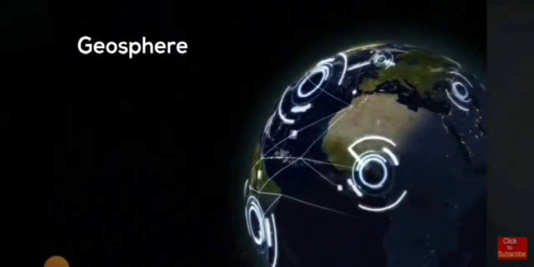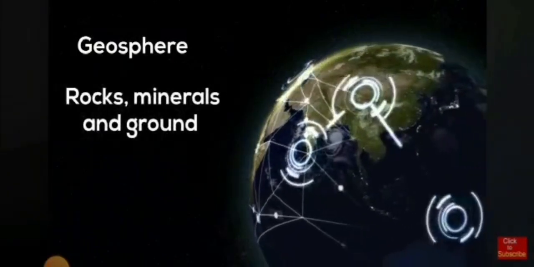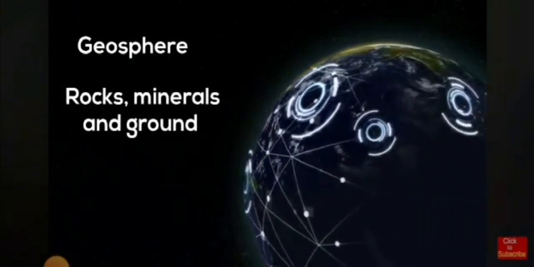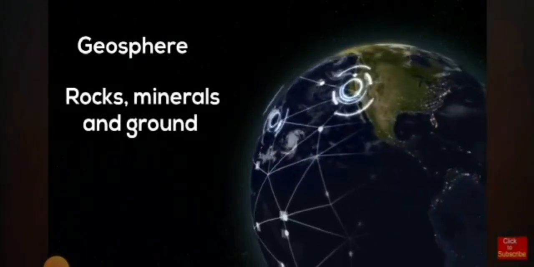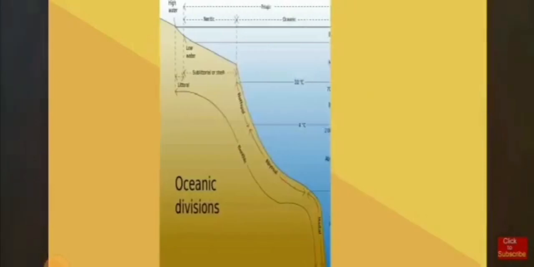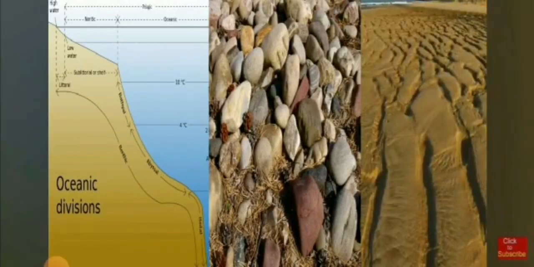Up first is the geosphere. Since geo means the ground, the geosphere describes all the rocks, minerals, and other parts of the ground that are found on and also inside the Earth. The geosphere includes the inner core, outer core, crust, and the mantle. So, the geosphere would include the ocean floor, all the rocks on the surface, the sand in the deserts, and